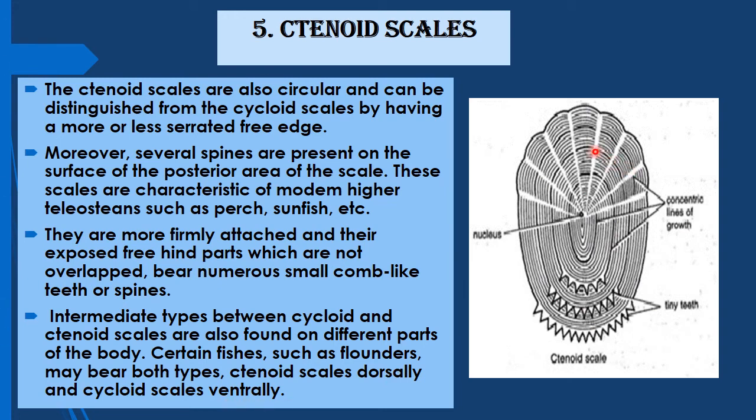So here this is related to that of the ctenoid scales. Structurally it may resemble the cycloid scales, which have concentric ring-like lines that determine the age, and the central point we can call the focus. Besides this, it may possess serrate structures, and along with this, these serrate structures may have comb-like structures that are called teeth or spines. By these structures only we can distinguish the cycloid scales from the ctenoid scales.